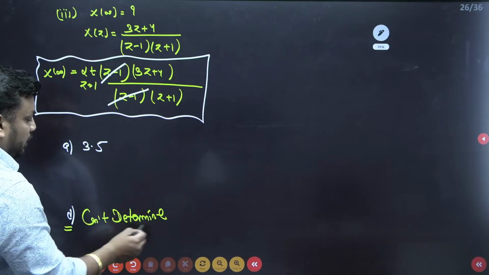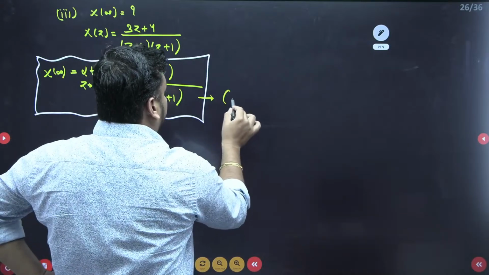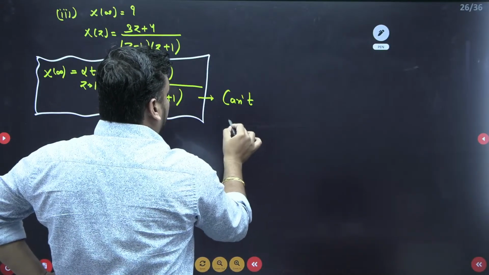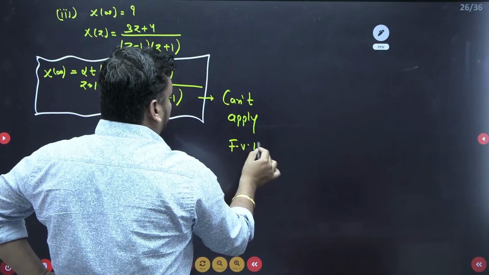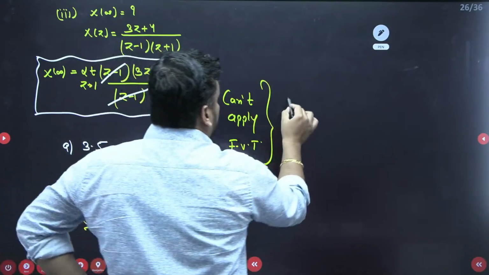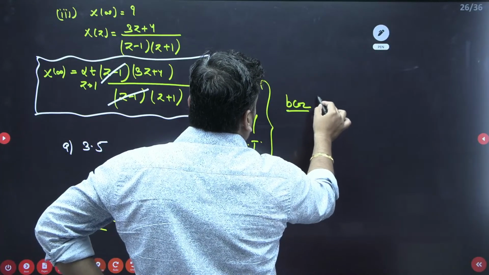Now tell me student, what is the correct answer? Because we can't apply the final value theorem here. Why? Because, tell me guys, I'm writing in short form, the poles of